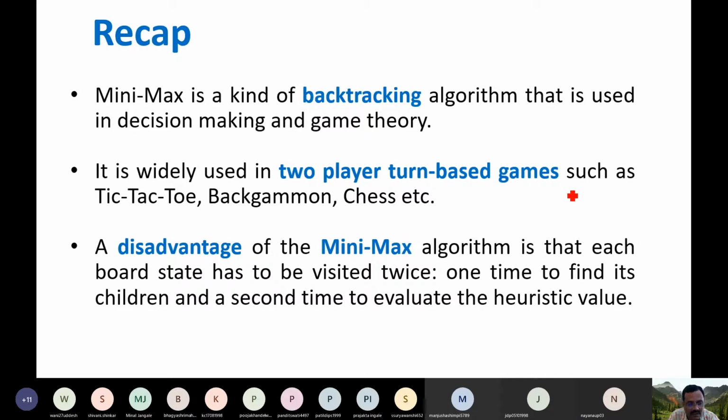So in the minimax search algorithm, generally the maximizer starts at the root node and chooses the move with the maximum score, and then the next turn is the minimizer's turn. The minimizer chooses the minimum score.